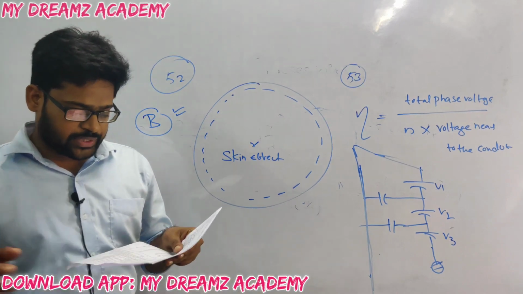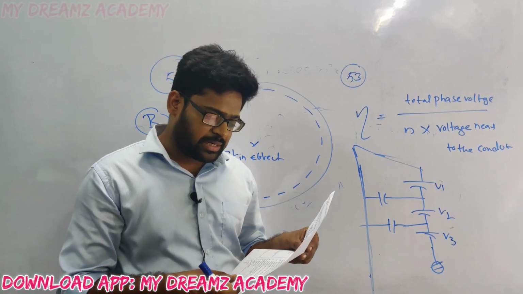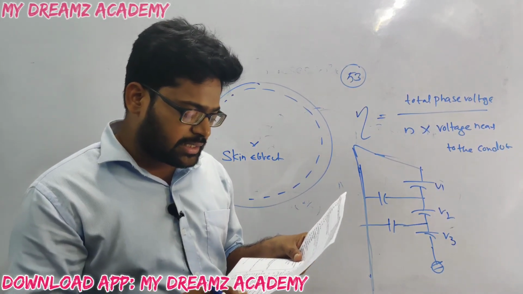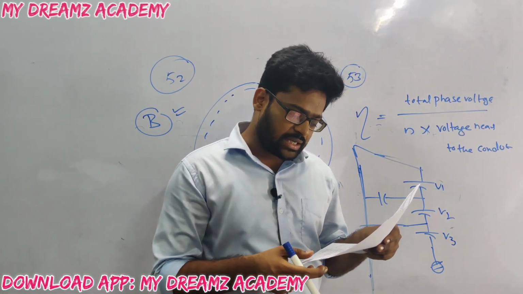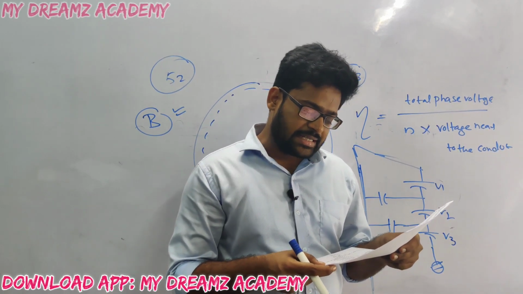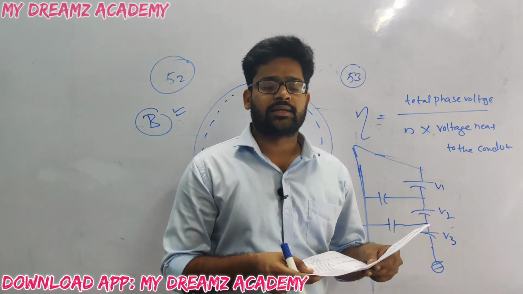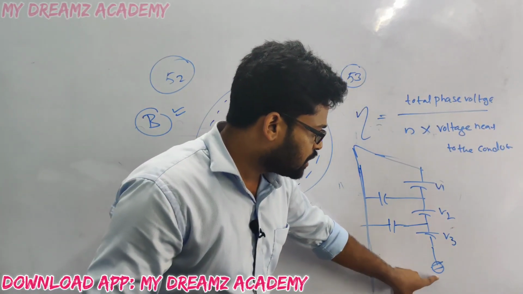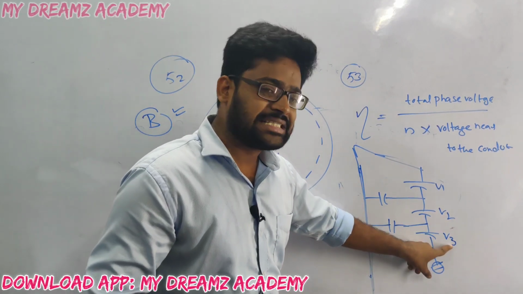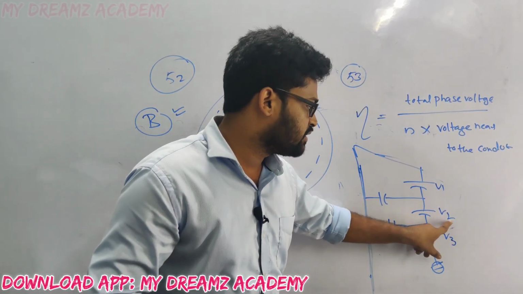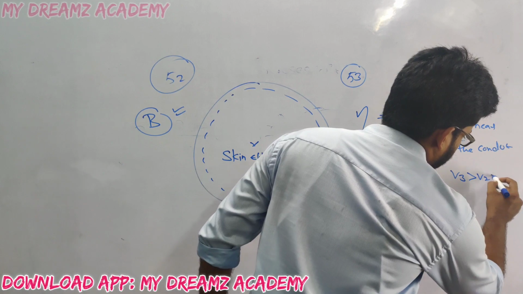So now I will read the options. In a string of suspension insulators, which of the following statements is correct? First one: the disc nearer to the conductor has the maximum voltage across it. Second one: the disc near the cross arm has the maximum voltage across it. The next one: the middle disc of the insulator has the maximum voltage across it. Next one: the voltage is distributed equally in the insulator. So which option is correct? The voltage nearer to the conductor is the maximum compared to the others, then the next one, then the next. Like this, V3 is greater than V2, which is greater than V1.